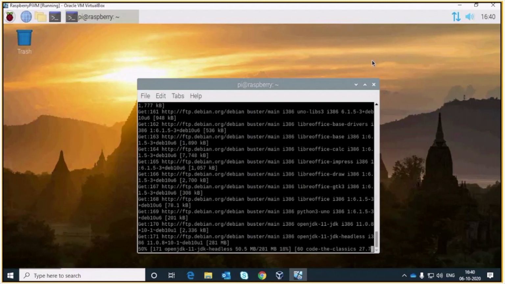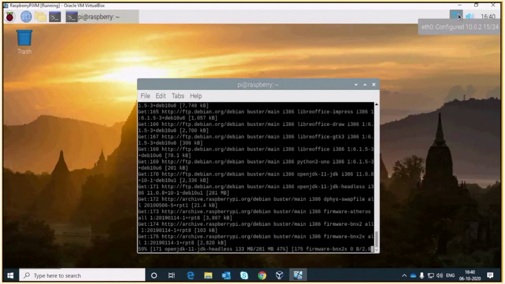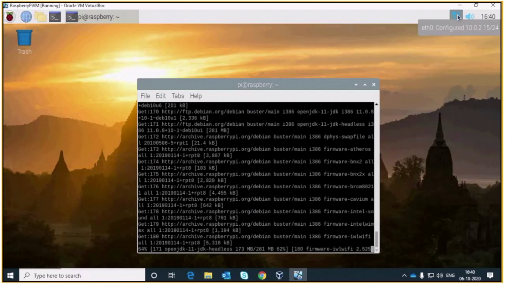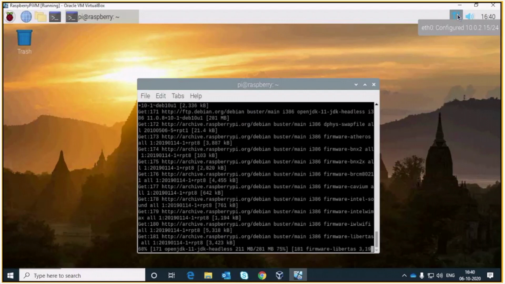So currently you are upgrading your Raspberry Pi. In the meantime, you see this is the network signal and it says ETH0 configured, which is your IP, showing 10.0.2.15, which is your default IP address.